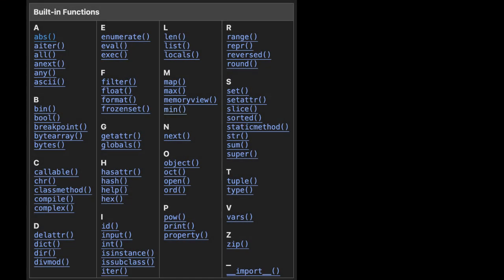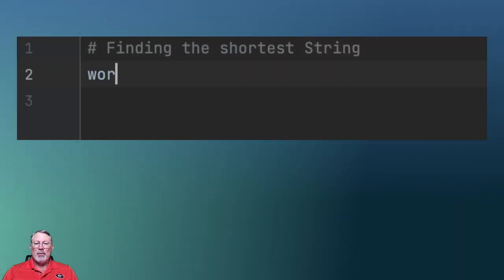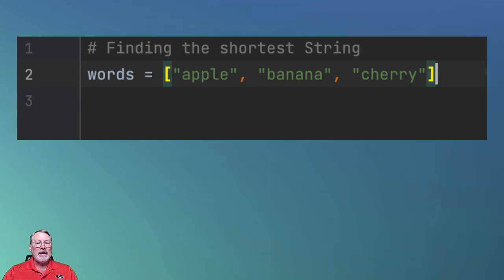Python programming language has over 60 built-in functions to help you code more efficiently. In this video, we will discuss the function min. Hi, Python developers. Today we're exploring the min function, a built-in tool for finding the smallest value in an iterable